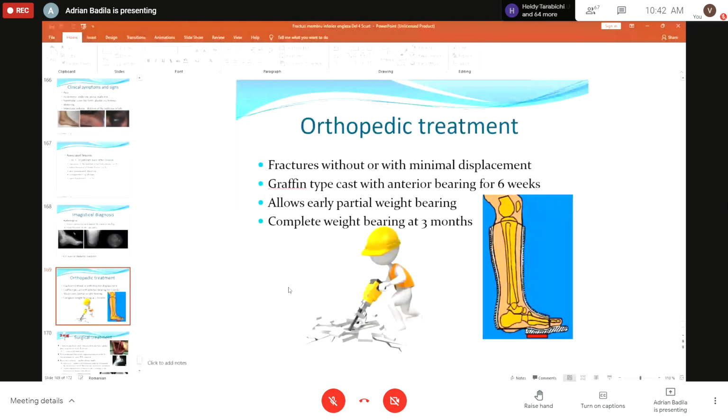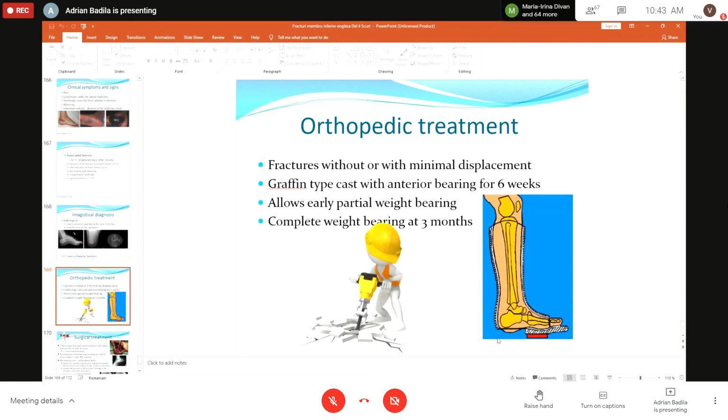The treatment can be an orthopedic treatment or a surgical treatment. The orthopedic treatment is indicated in fractures without or with minimal displacement, and of course in cases where comorbidities contraindicate anesthesia and a surgical procedure. The orthopedic treatment consists in immobilization on a Graffin type cast with anterior bearing for 6 weeks. This is a special type of cast with this anterior bearing device and with a free room in the back